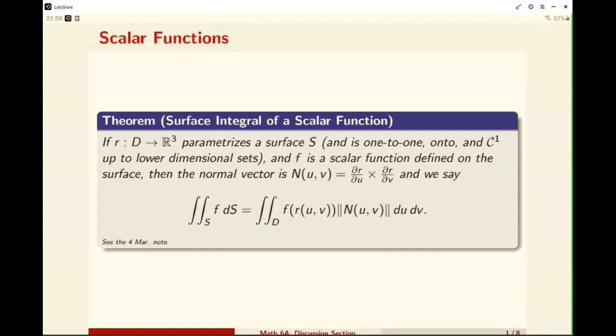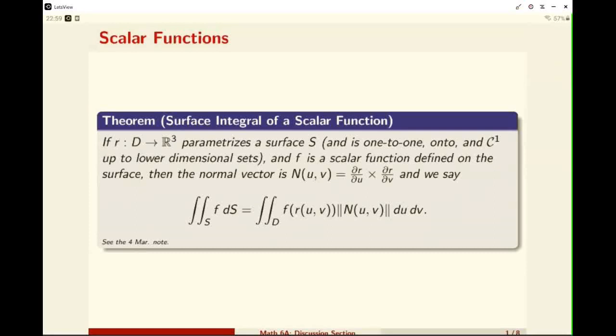Then the integral over the surface can be found by integrating over the domain, evaluating the function at the point that it's parametrizing, and then multiplying by an area element,